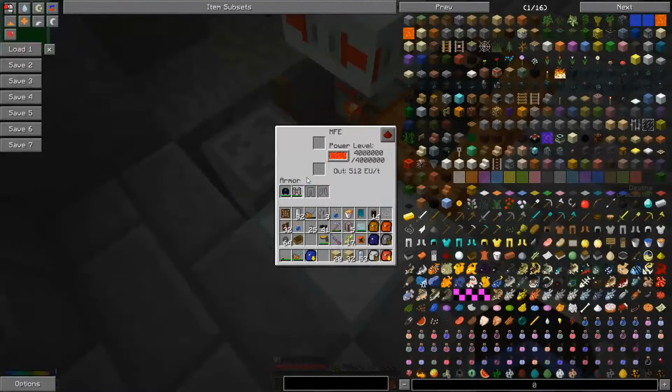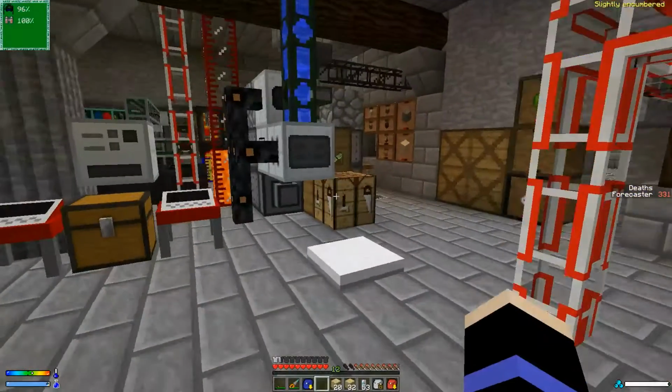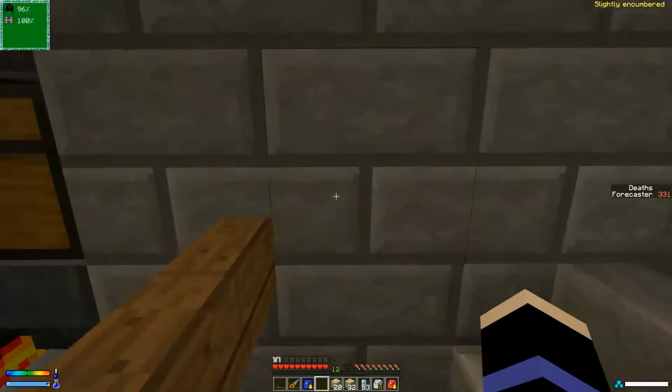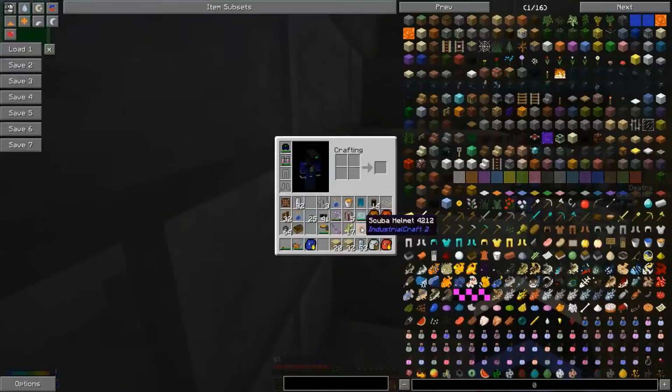Yeah. Let's recharge this first. So the drawback of using the scuba helmet is that I can't wear my nanosuit helmet, which means no night vision. And night vision is very good when underwater. I might be able to... I could probably get away with